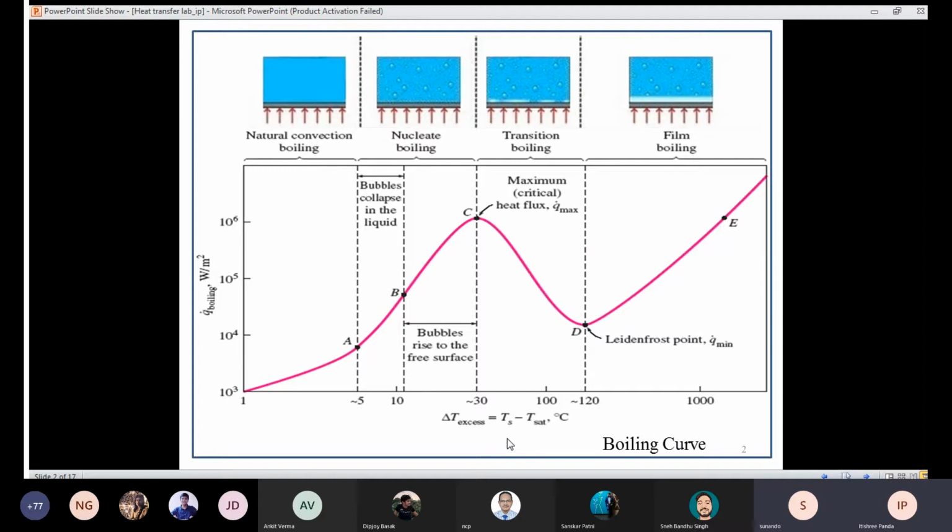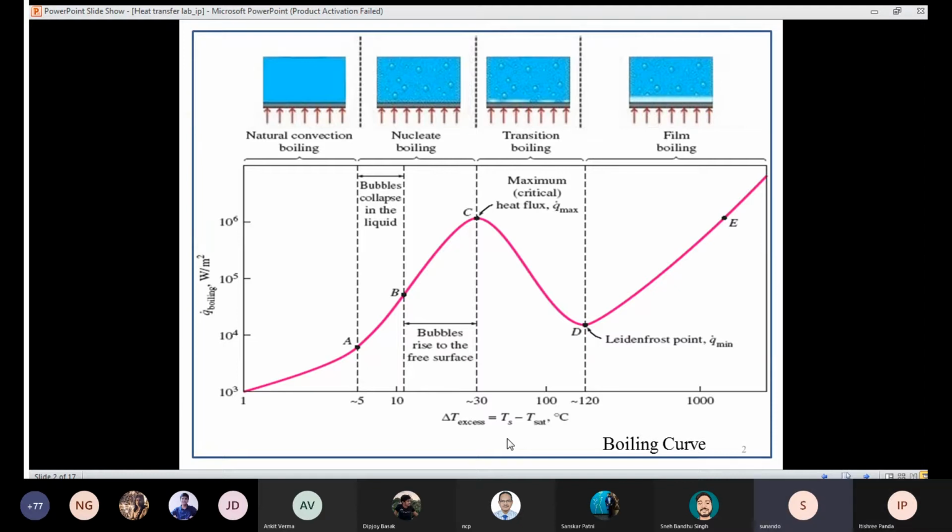But this delta T, the x-axis here, is a big unknown in our case. So we would rather find out what is this point C where the wire breaks and find out the corresponding value of Q. So we are finding a discrete value of the critical heat flux, and we are trying to see what its behavior is when you change the surrounding temperature. Now you can well imagine that as the surrounding temperature changes, the temperature of the wire has to go to a higher value in order to dissipate the same amount of heat.